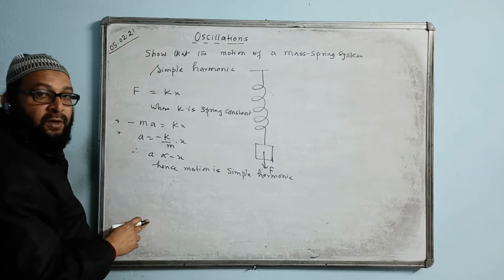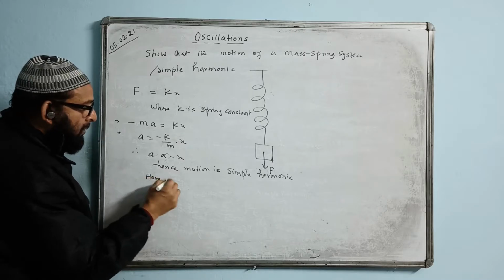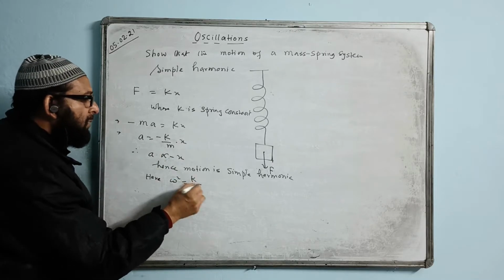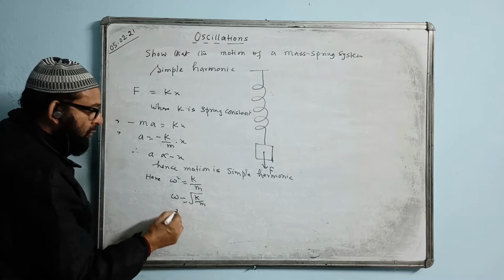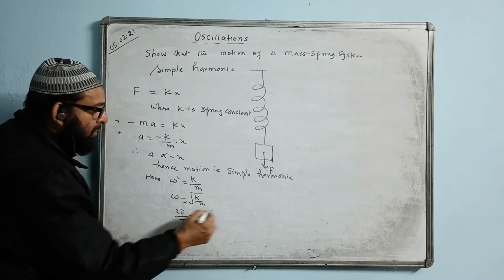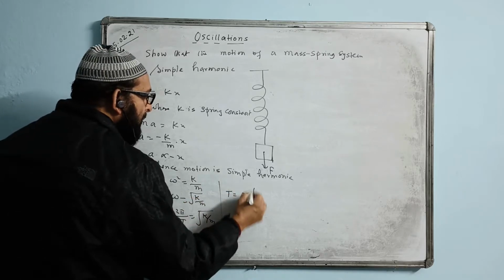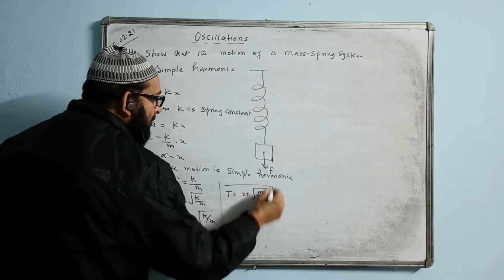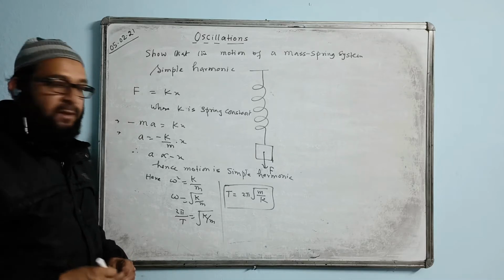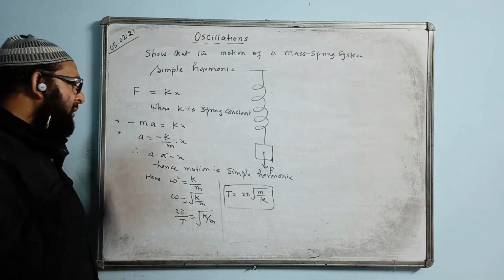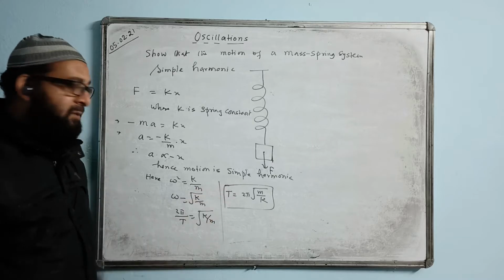Now, what is the value of period of oscillation? Can we find period of oscillation? This is the value of omega square. We compare that here. Same way as the previous one, omega square will become K by M. Therefore, omega value will become root of K by M, 2 pi by T is equal to square root K by M. Making T the subject, the value of T will become 2 pi root M by K. This is the formula of period of oscillation of the mass spring system. When the spring is going up and down, oscillating, that motion will also be simple harmonic, and the time period will have this value.